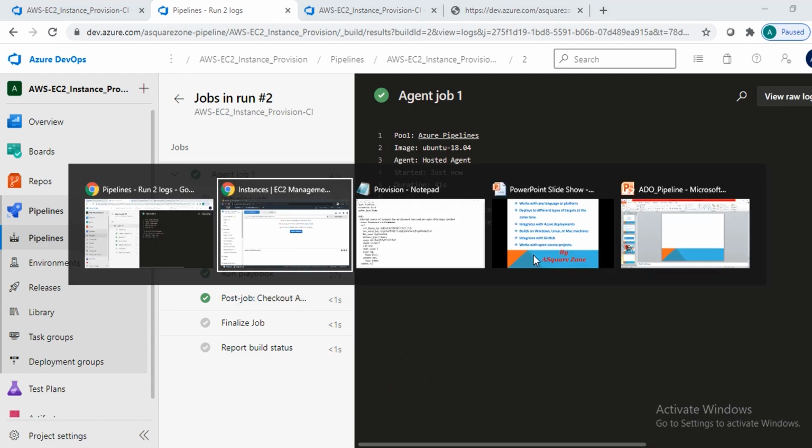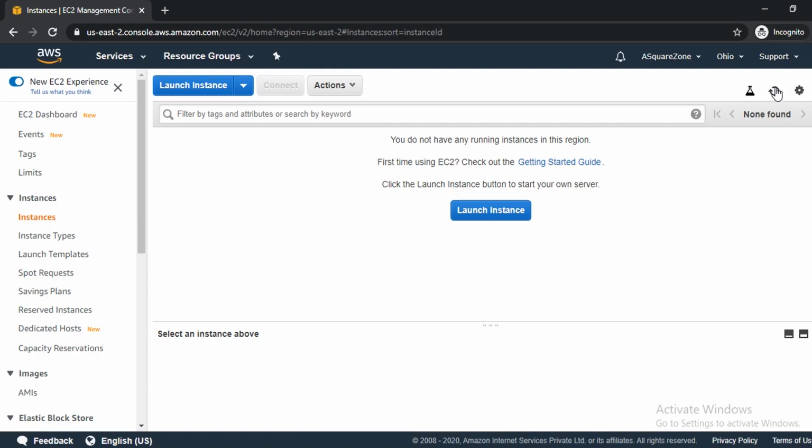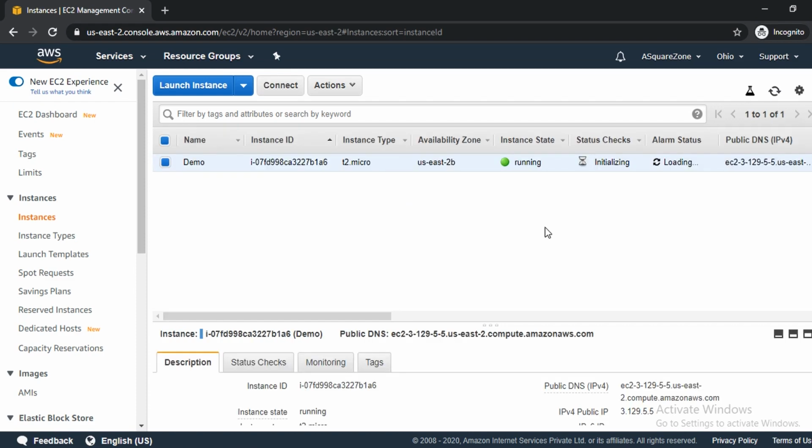Now we'll see whether the instance is created or not. I'm going to refresh. See, the demo instance is successfully created by using our YAML file pipeline execution.